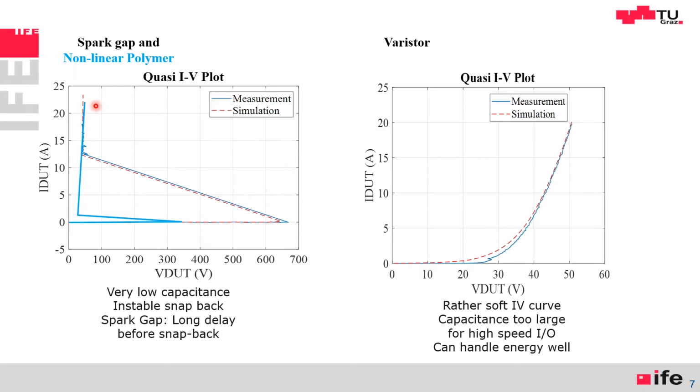But they still have a burn voltage of 25 to 40 volts, which is simply too much to protect most ICs. Another class is varistors, which is shown here. Very shallow, very soft curves. The problem is for high speed, where you need less than a picofarad, varistors are not useful because their curve will be so soft, they won't protect anymore. Varistors are really good against surge because they have volume. They dissipate the energy in the volume, which is good. So they can handle joules, many joules, but they're completely useless for very high speed IO protection.